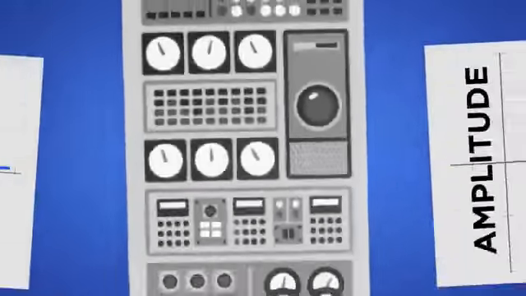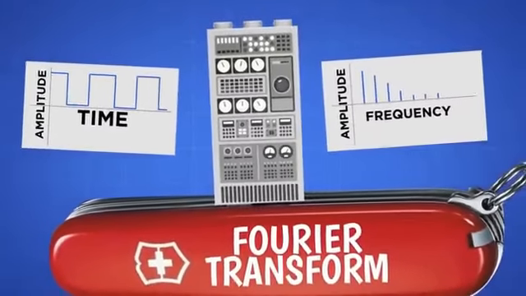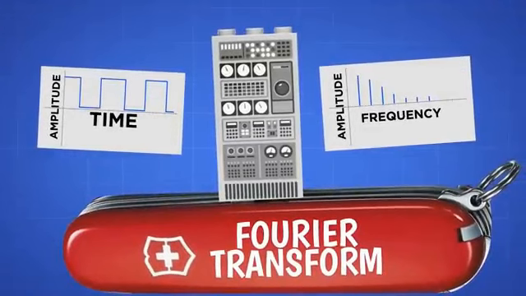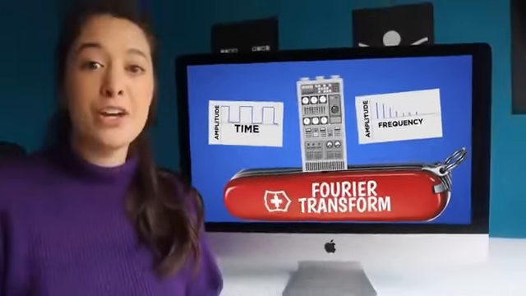So to sum it up, the output of the Fourier transform is nothing more than a frequency domain view of the original time domain function. So if I go back to our